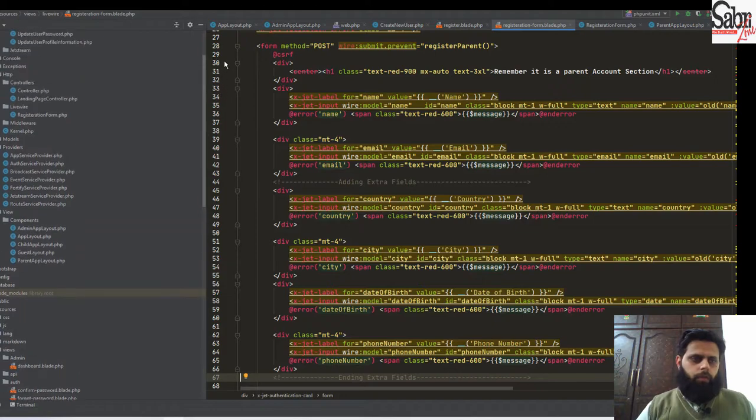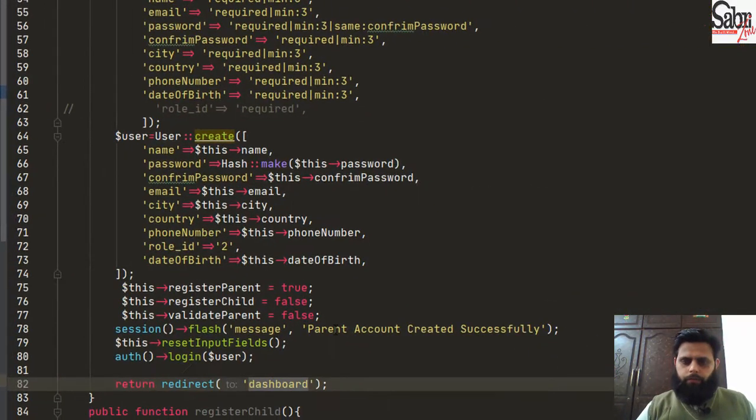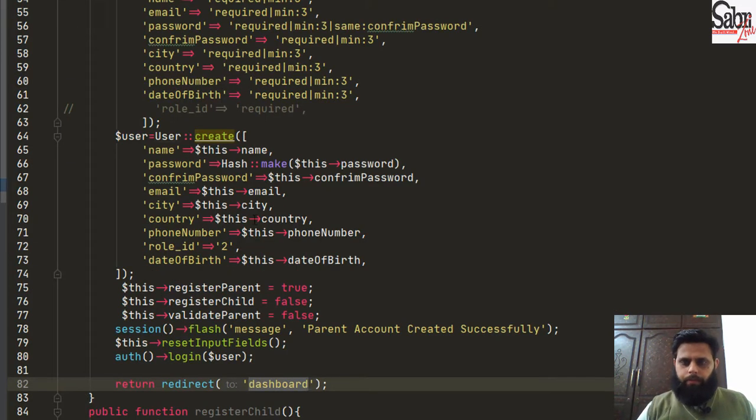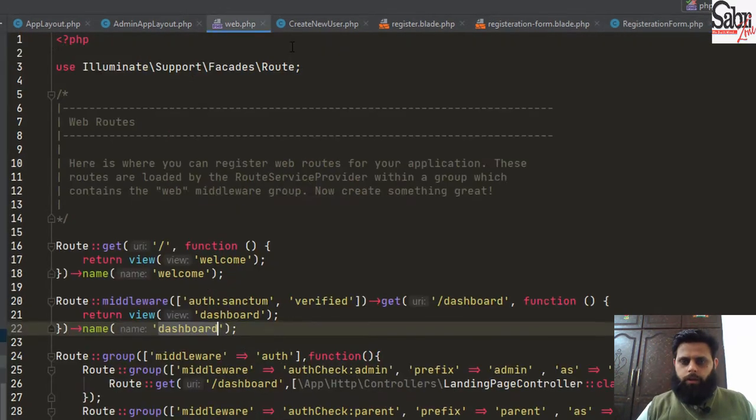So we will go upside and you can see we have a component file here. Inside this component file, I am redirecting to the dashboard. If we go to our web.php, you can see that the dashboard is defined with this name. As this form is submitting to the parent registration, I need to configure